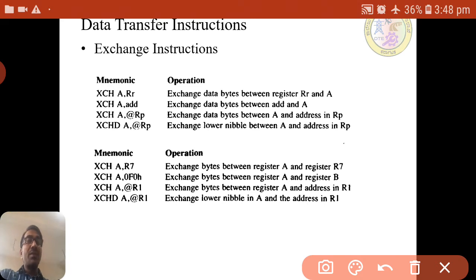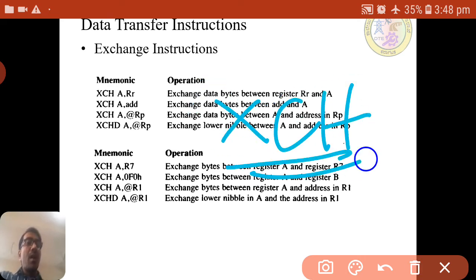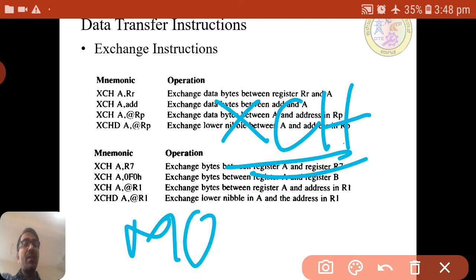The exchange instruction opcode is XCH. Like in move we had MOV, here it is XCH.